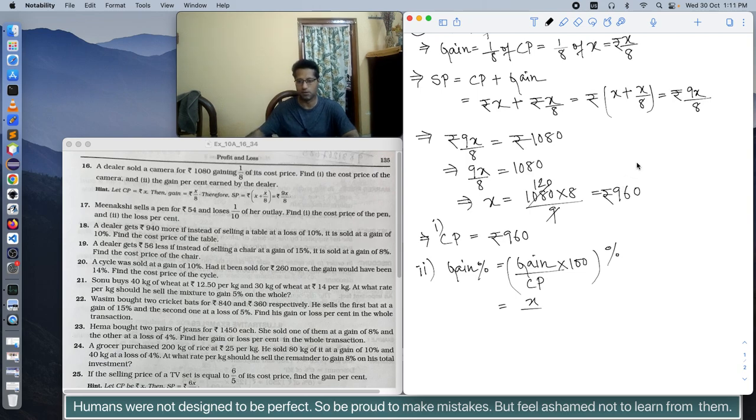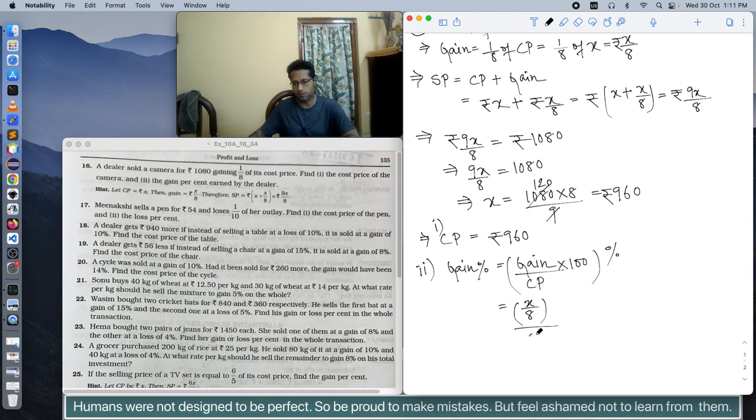You will get the same result. So I am putting the value in terms of x so that I need not do the computation of putting the value of x. So gain was x by 8